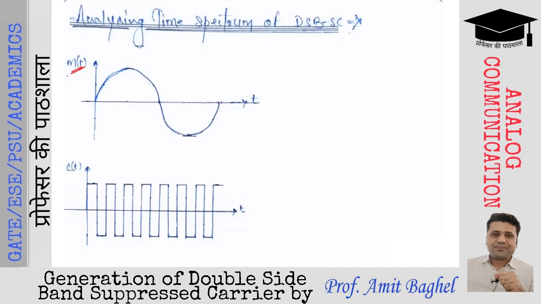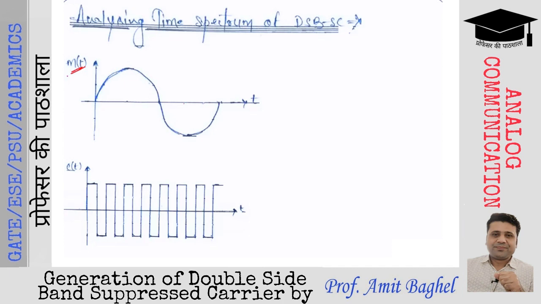कैरियर को हमने थोड़ी देर पहले ऑब्जर्व भी किया है. कैरियर सिग्नल किस तरीके का दिखाई देता है? कैरियर सिग्नल जो आप ऑब्जर्व करते हैं रिंग मॉडुलेटर की मदद से, you can see we have taken a carrier like either +1 or -1. c(t) will be either positive or a negative value. So as the time progresses, c(t) will change its polarity. It will oscillate between +1 and -1, taking the shape of a square waveform or a rectangular waveform.